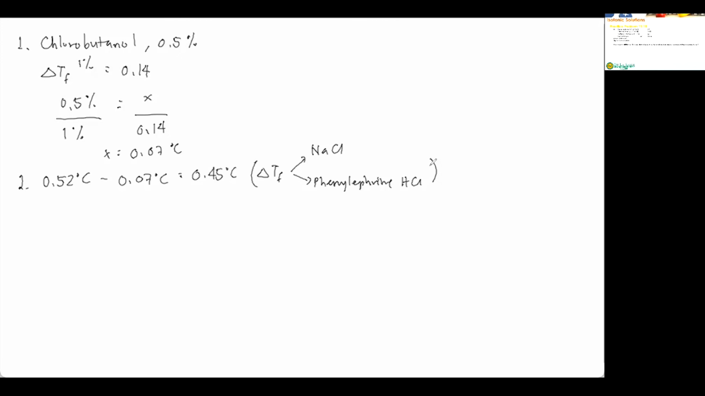So what we can do is we can make use of the freezing point depression data of sodium chloride to determine the amount of sodium chloride that will give 0.45 degrees Celsius of freezing point depression. So remember that 1% sodium chloride has a freezing point depression that is 0.58 degrees Celsius. And because 0.45 degrees Celsius is the required freezing point depression that remains to be provided by the other two substances, we can solve for the amount of sodium chloride that will give that freezing point depression X. So this will be equal to 0.45 divided by 0.58. And that is equal to 0.78%